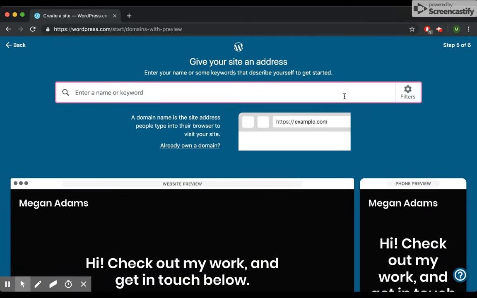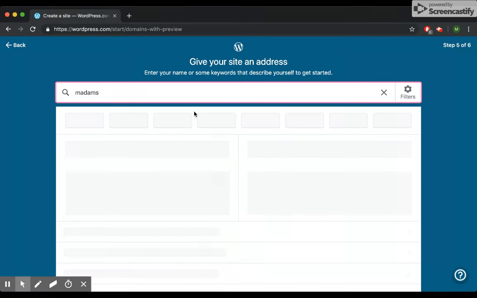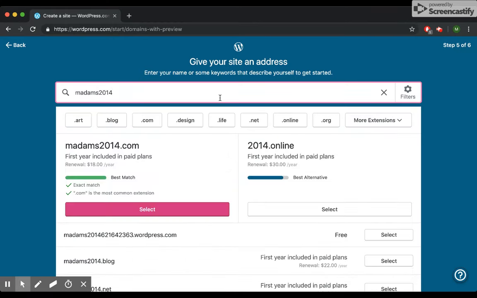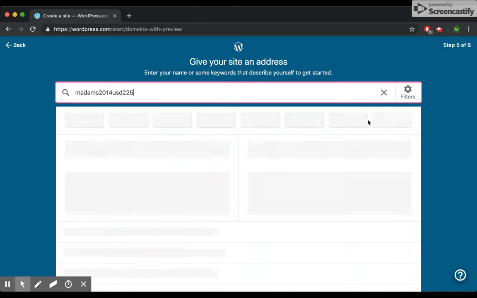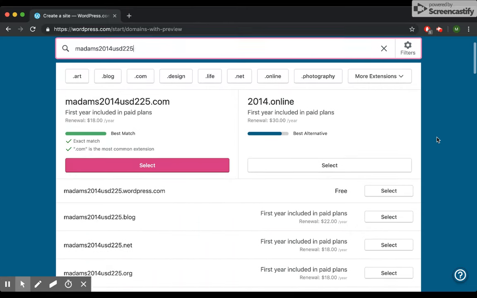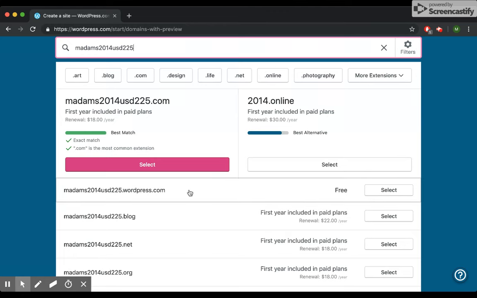And then I need to go ahead and give my address. So by that, we mean an address up here, what is its actual physical or technological address on the internet. And I'll say that it's Adams 2014 USD 225. Yes? So I can go ahead and choose the free plan, which does mean that there will be